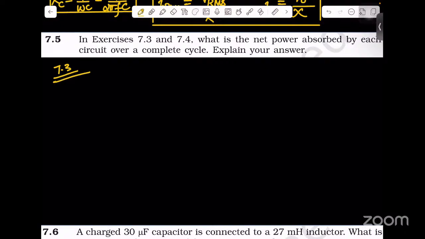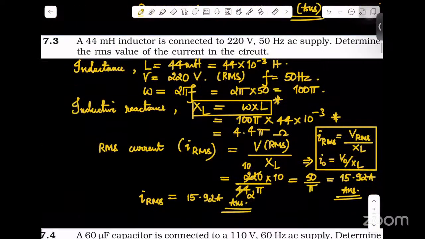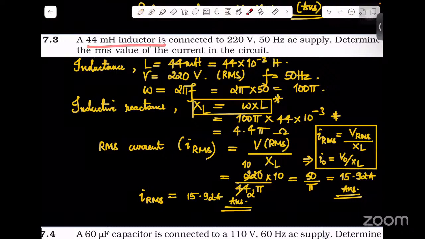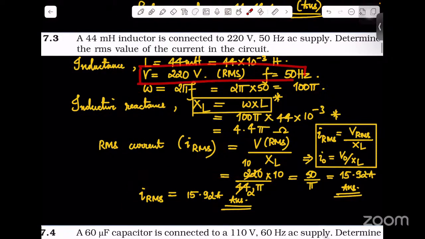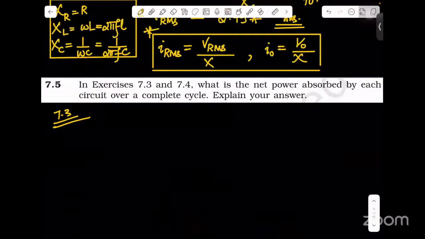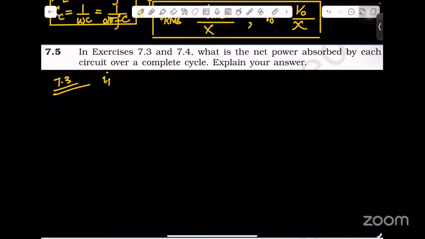Where we had this inductor, and we got the RMS current this much. We had the RMS voltage this much. So let's just write those facts here. The RMS current was 15.92 amperes. The RMS voltage was 220 volts,